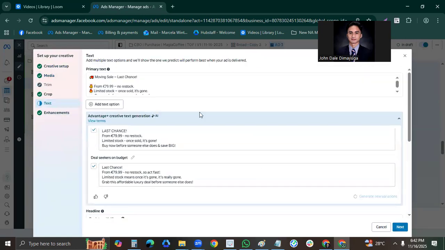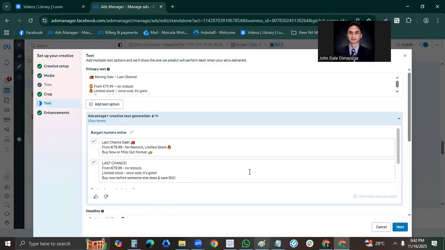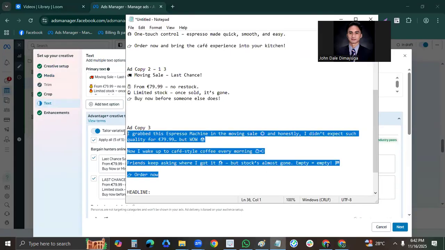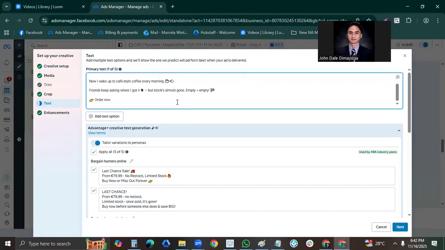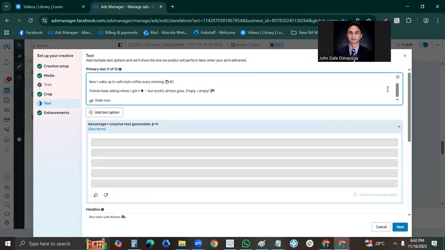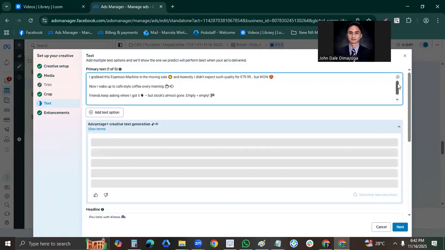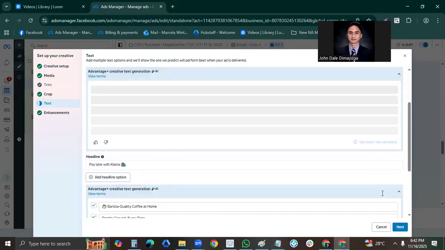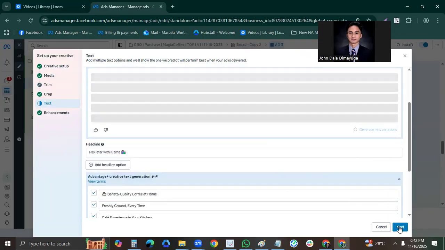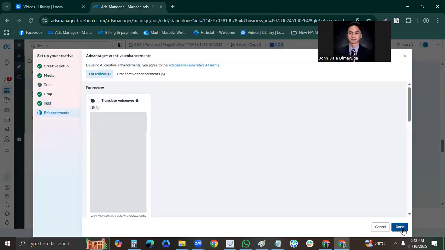Let's change the ad copy 3, so that there's a variation of the primary text for different video creatives. I think that's all good.